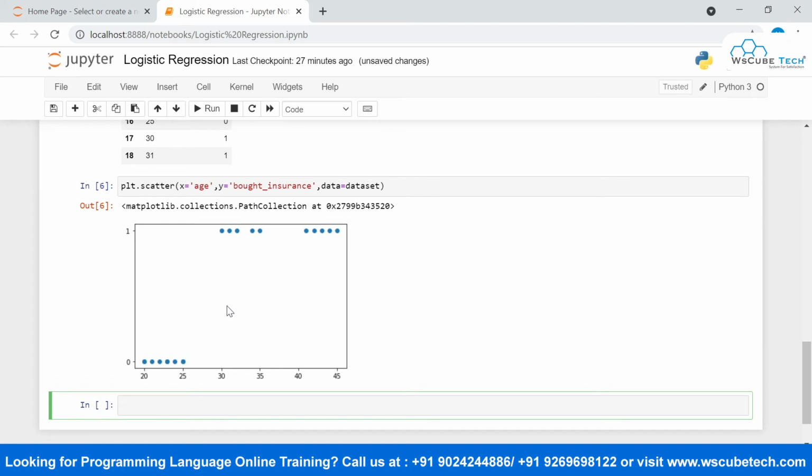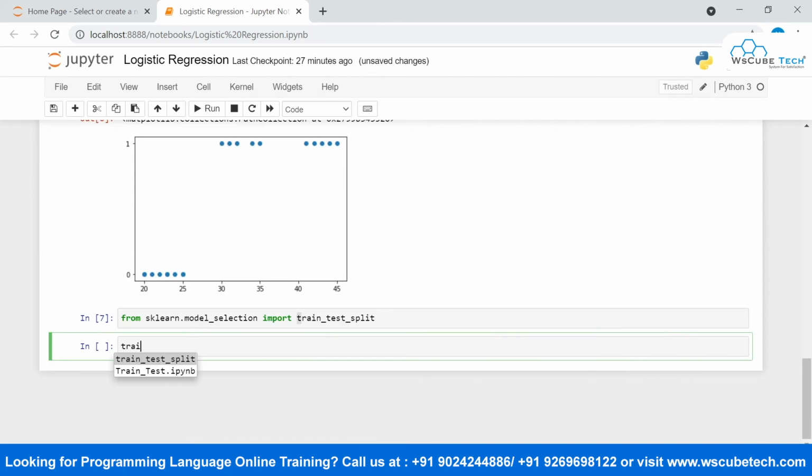Now we need to split our dataset. In order to split it, we need to import train_test_split. So I'm going to say from sklearn.model_selection import train_test_split.